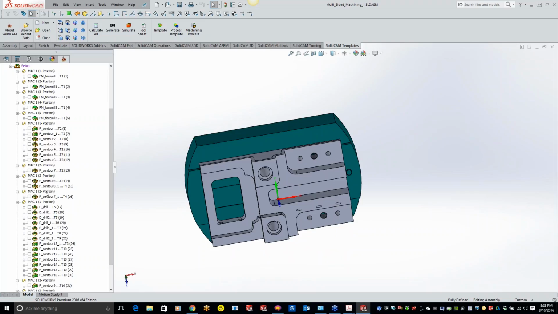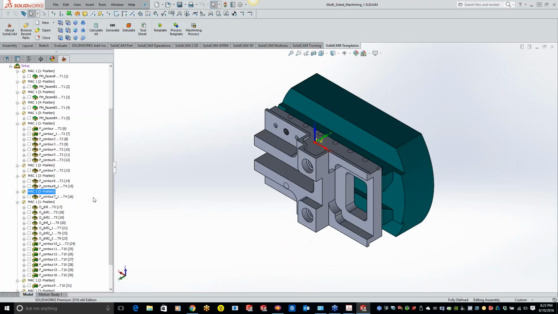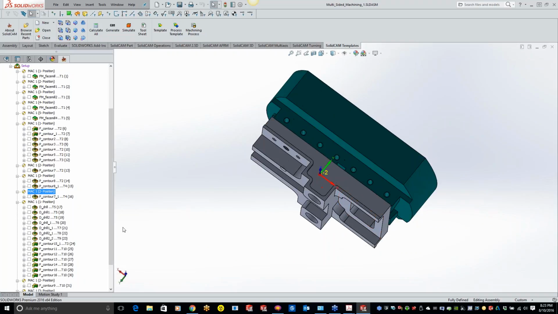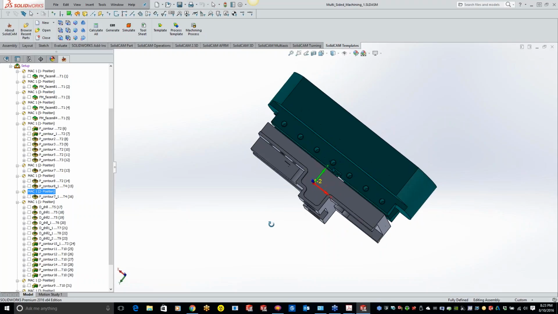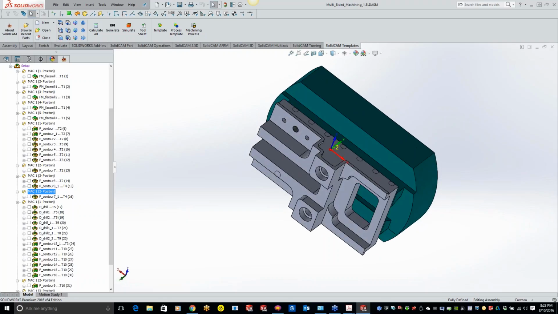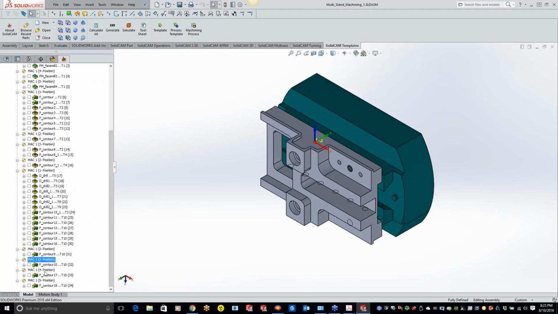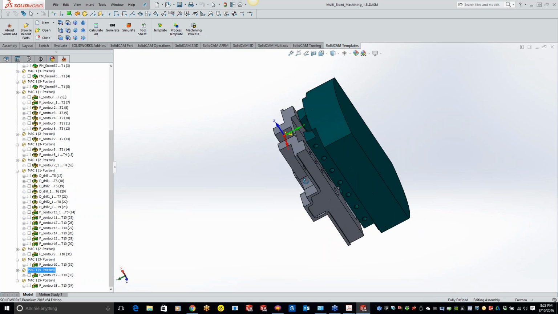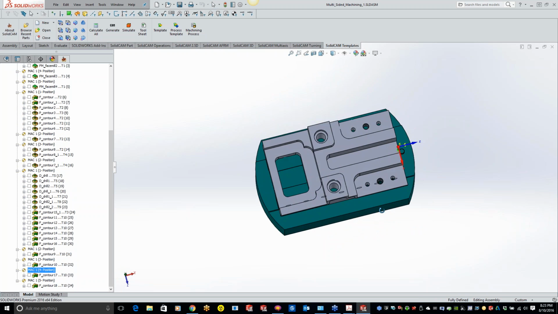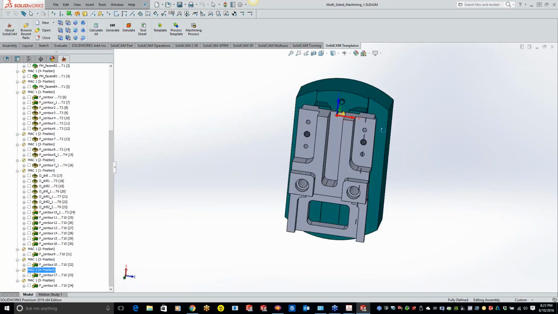If I go to my MAC 2, that one looks pretty close to the center of the part. I thought this one had one that was a little off kilter, but I don't have one.